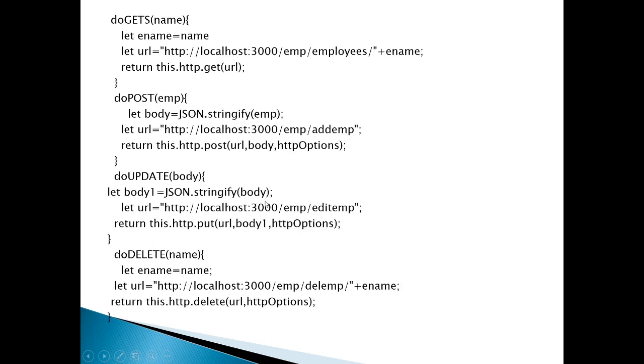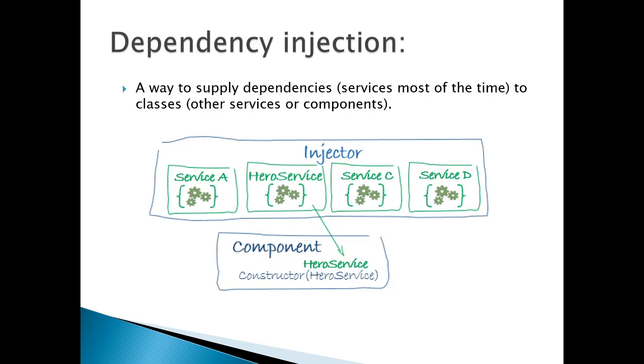So we are passing that header options along with post, put and delete. The HTTP client service provides us 4 methods. We can call any of those methods, that are get, put, post and delete, and we will apply them according to our need. So this is how we create our own service, and we call the HTTP service to access the data from our REST API or any other REST API.